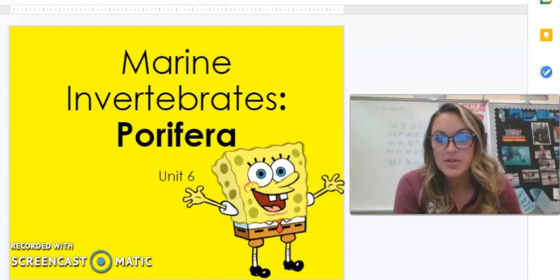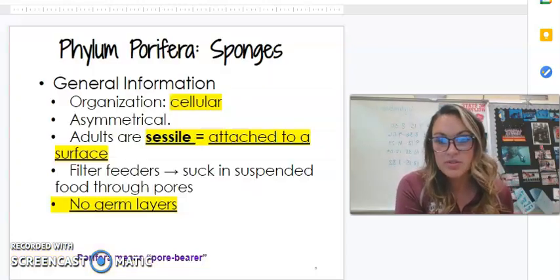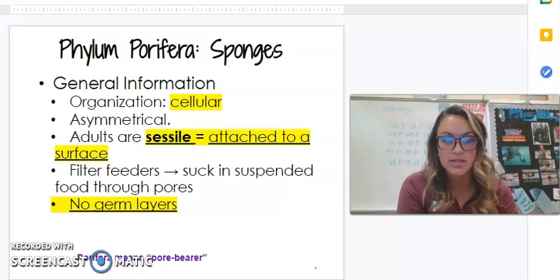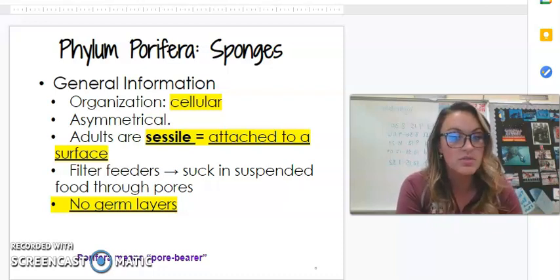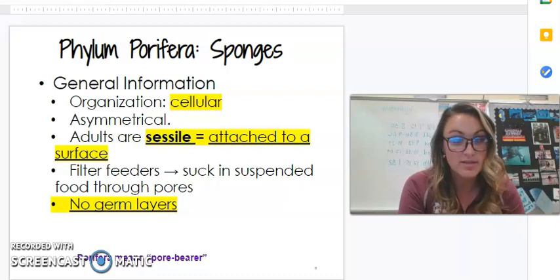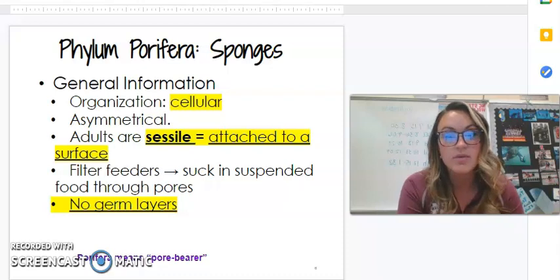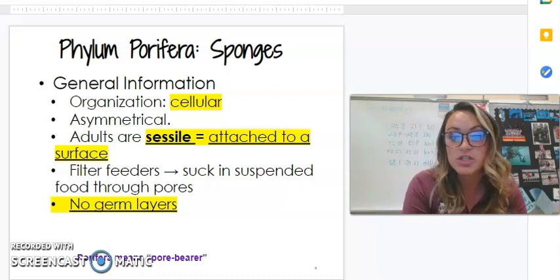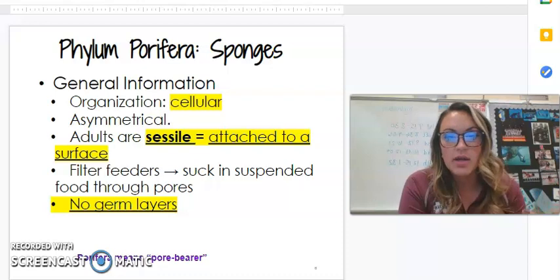Alrighty, so we are going to start with our phylum Porifera notes, just a little bit about sponges as a whole. So when we think about Porifera, Porifera means pore bearer, and it's exactly what sponges are. They have tons and tons of little pores all over them, and that's what helps them to be a filter feeder. So when we start talking about marine biology and we start talking about these invertebrates